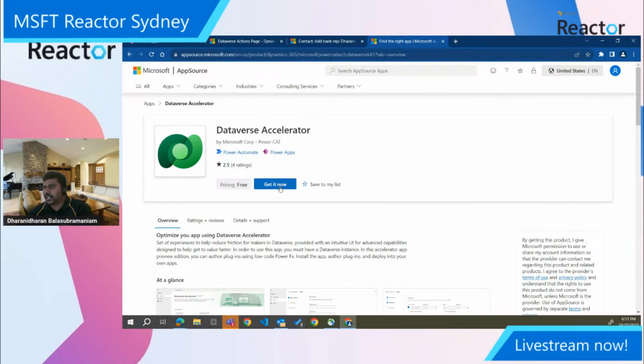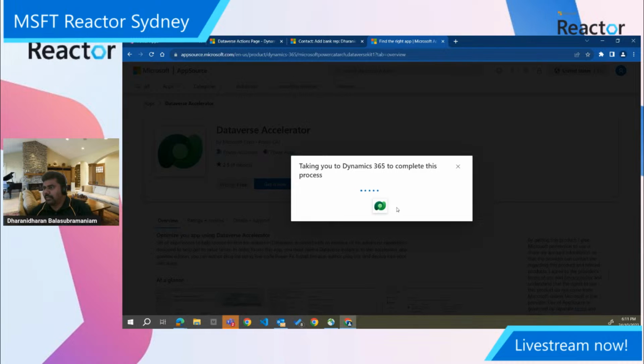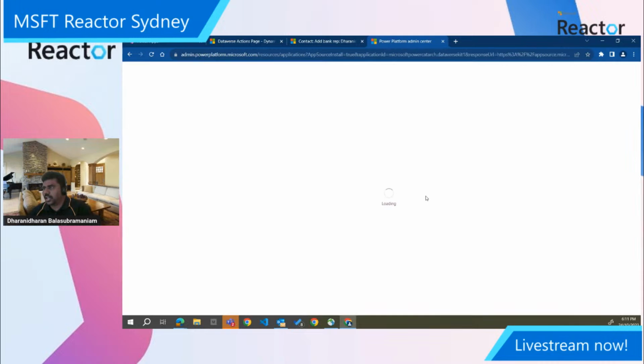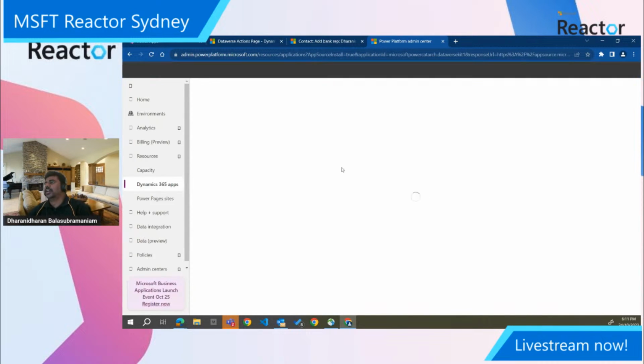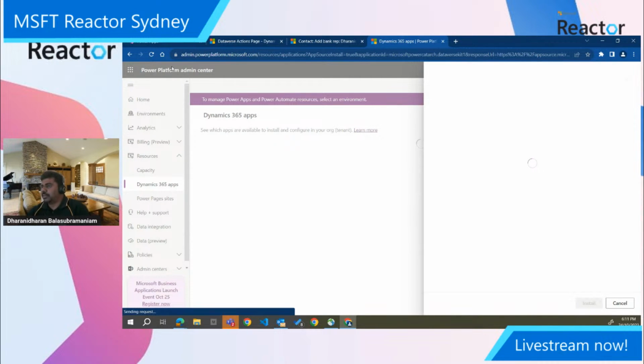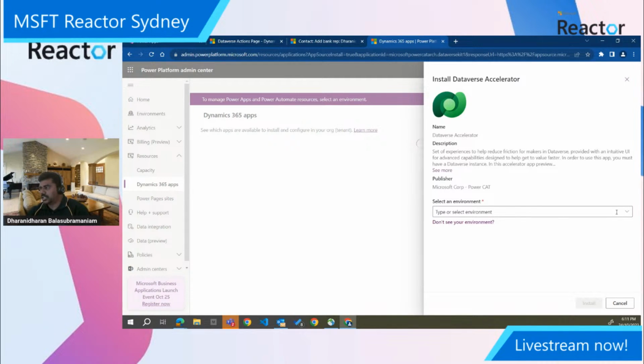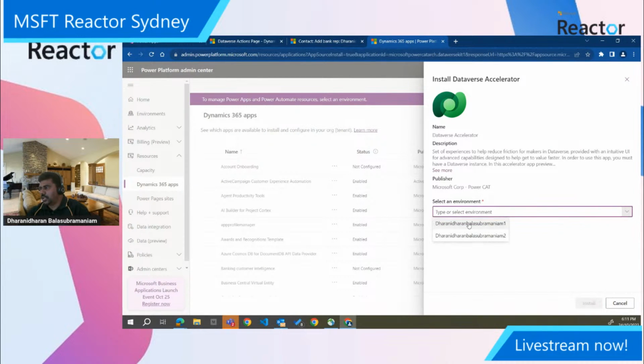So you can see here, if you click on Get it now, it will pop up and ask you to enter your email address. Once you enter your email address, it will take you to the Power Platform Admin Center, and it will ask you to select the instance, which environment you want to install in. In my case, I have already installed it in the one environment, so let me select environment two and install this one. It will ask you to agree to the terms and conditions and the privacy statement. If you select all those and click on install,